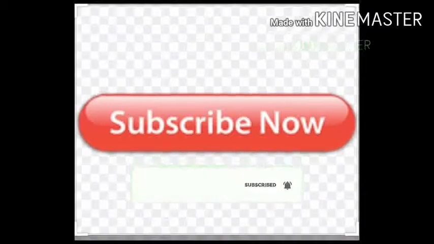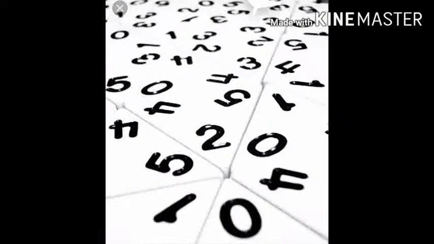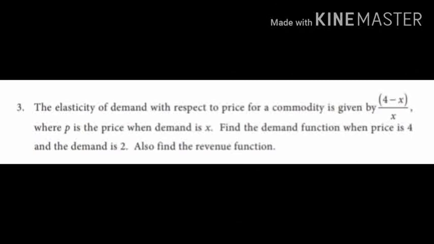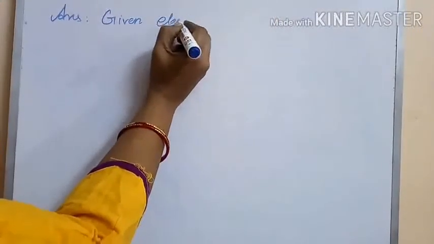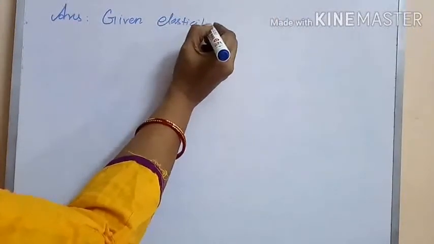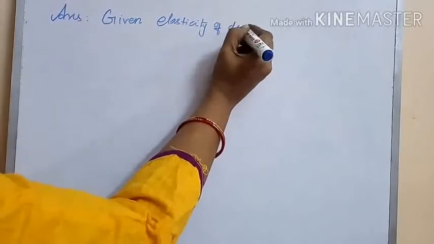Let's get started. In today's session of Integral Calculus, we have the problem: the elasticity of demand with respect to price for a commodity is given by (4 - x)/x, where p is the price when demand is x. Find the demand function when price is 4 and the demand is 2. Also find the revenue function. Given that the elasticity of demand is equal to (4 - x)/x,